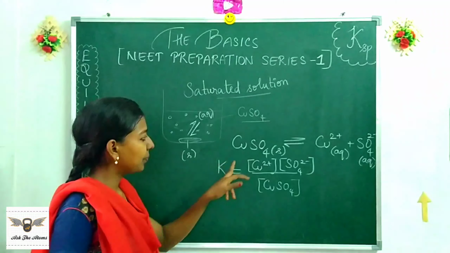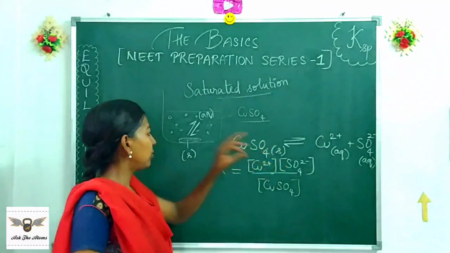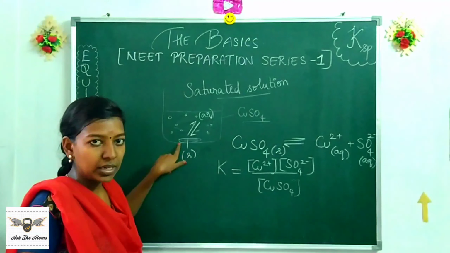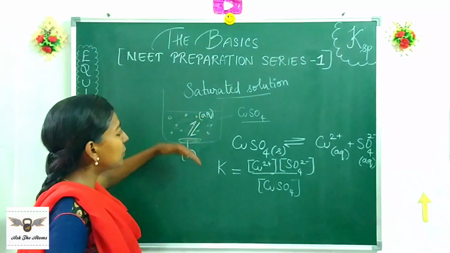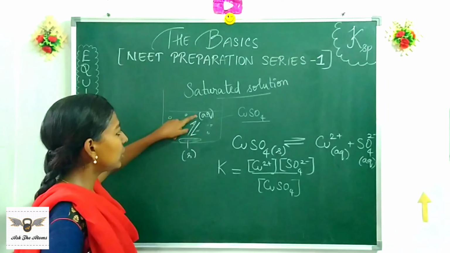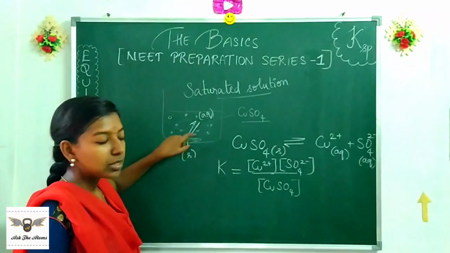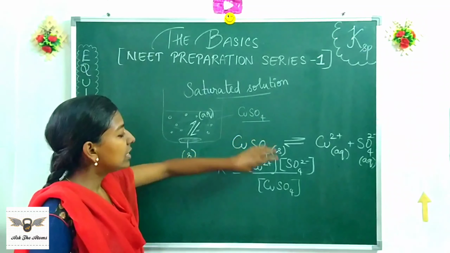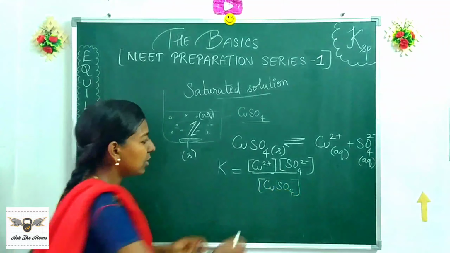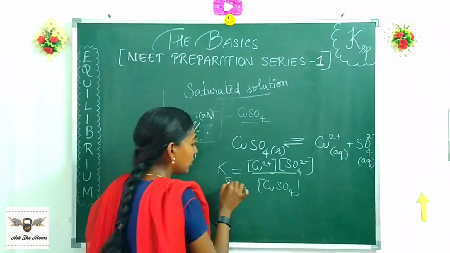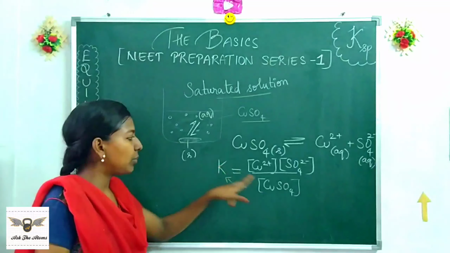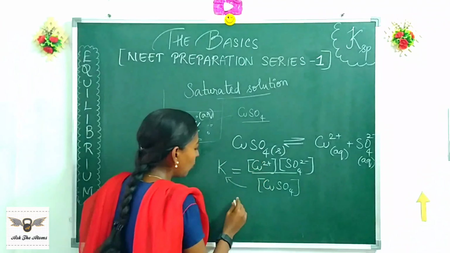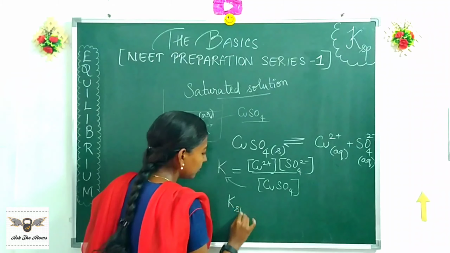But you see, this copper sulfate is in solid state, and its amount is not going to vary. The equilibrium keeps exchanging, that is, this gets converted to this and this gets converted back to this, but the amount of the salt here would not change. This is going to be constant. Since it is a constant, I can take this value along with my constant, the equilibrium constant that already exists. I bring it together, and I turn this expression into something I call KSP.